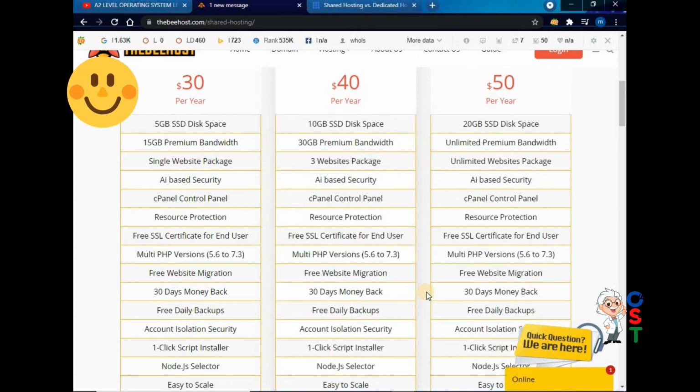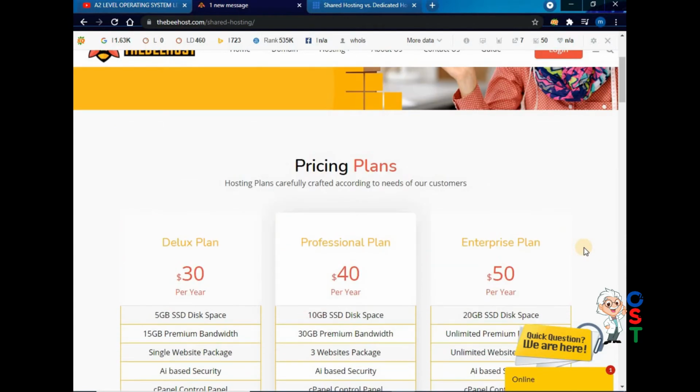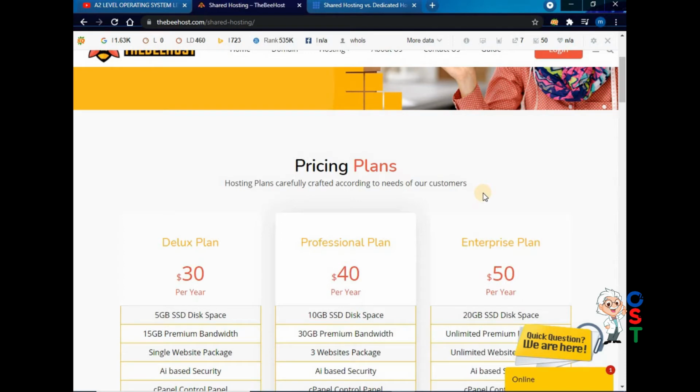After this, if you have understood the concept of web hosting, this is the option for those who want to make their website properly, and they are conscious about speed and other things.